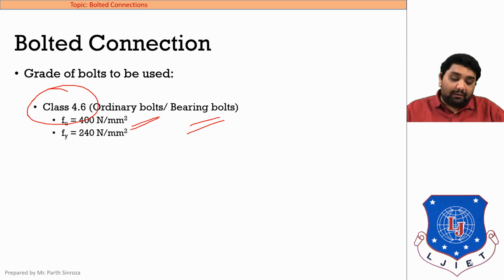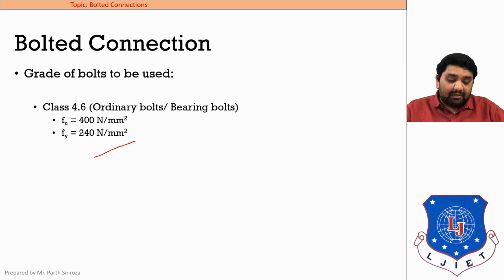These are the same things, and for them we will be referring to two strengths, that is Fu and Fy. In RCC, if you remember, we were discussing only one strength, and that was Fy. Clear? That was pertaining to our steel bars. We used two categories of steel bars, mild steel Fe250 and HYSD steel Fe415, but those were circular round bars. Now we are talking about the whole section being of steel. Generally mild steel is preferred in the sections with various different shapes, but we will be using two strengths regarding it.